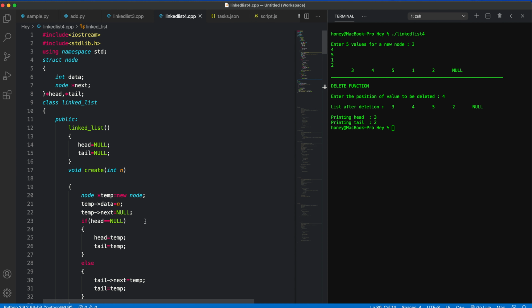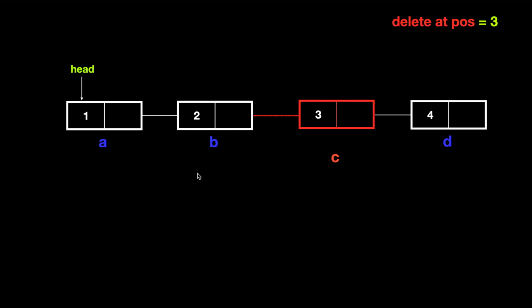In the next step, let's look at the algorithm in brief of deleting at any position in the linked list. So here you can see we have 4 nodes in a linked list. Our head is 1 and our tail is 4, or we can say A node and D node. And we want to delete at position 3, which is 3. First of all, we'll take a pointer and we'll make it point to head. We'll take another pointer which we'll use to iterate through our linked list. A PTR will be pointing to head, okay.